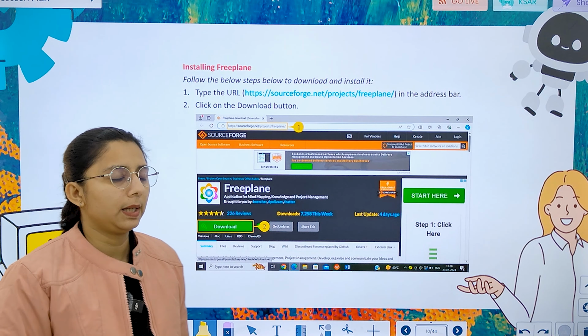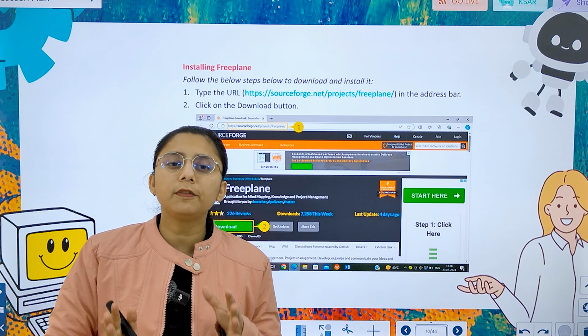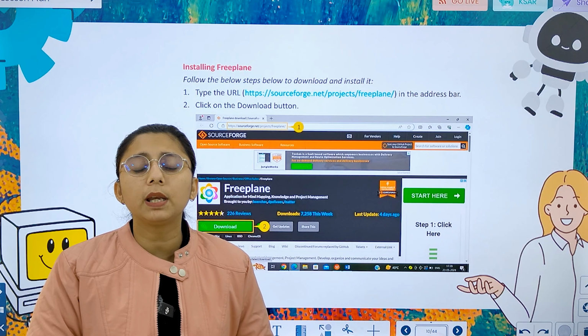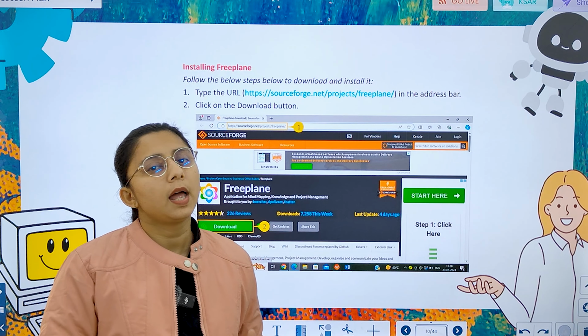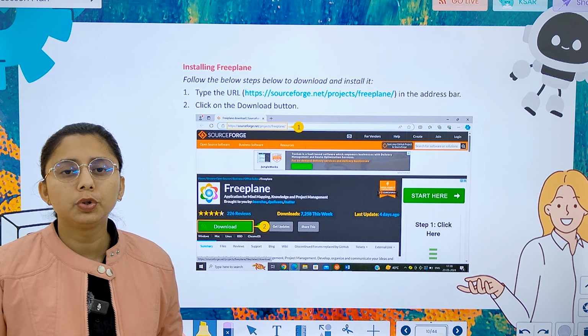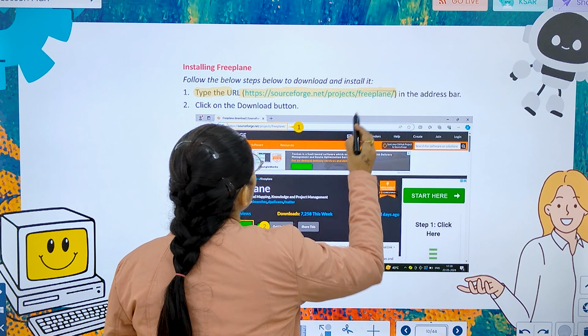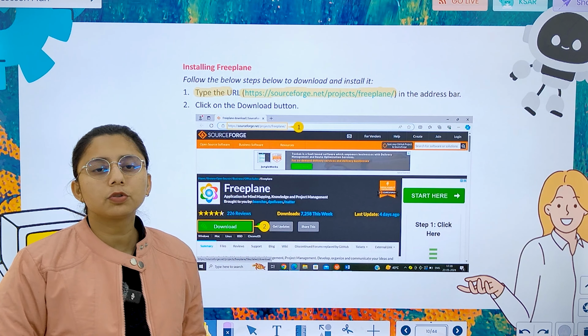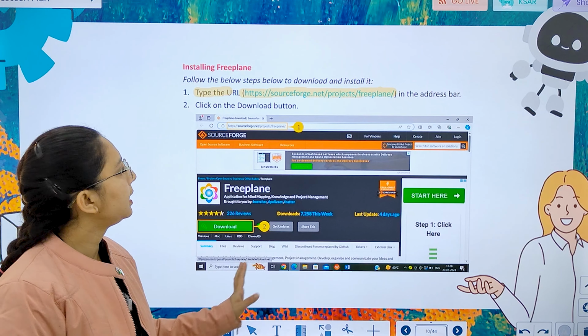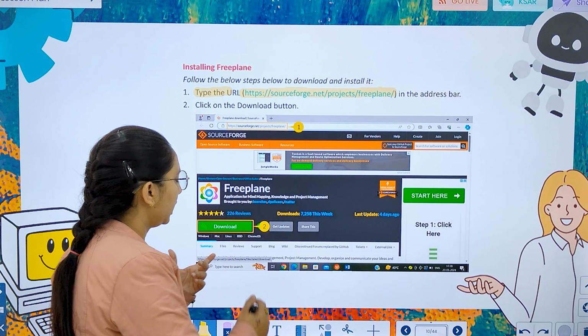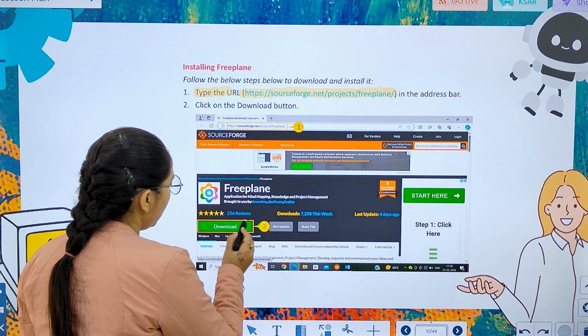Now, installing Freeplane. I am telling you the different steps for how you can install Freeplane, and then you have to do it yourself if you want to use it. So, type the URL sourceforge.net/projects/freeplane in your address box. Simply go to Microsoft Edge or anywhere you can and type it. Now click on the download button. Here the download button comes, you will download. Simply click on it and then afterwards,